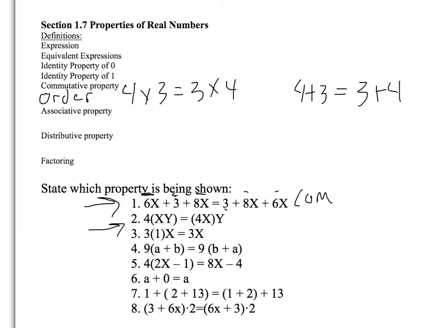Okay, now let's look at the second one here. Notice, first we have 4, and then in parentheses, xy. On the right side, we have 4x in parentheses and y. Has the order of these symbols changed? 4x and y, 4x and y. The order hasn't changed, but the grouping has. First, we're grouping the x and the y. Second, over here on the right, we're grouping the 4 and the x. This is the associative